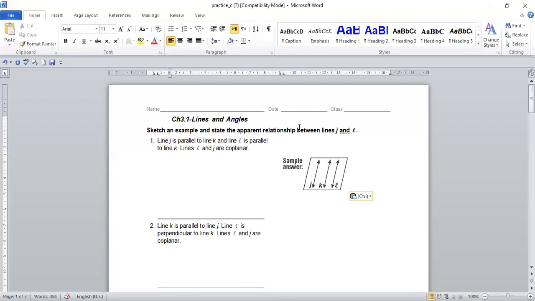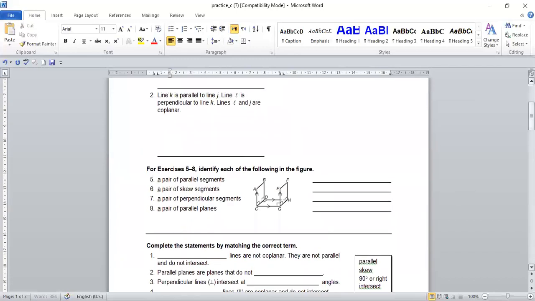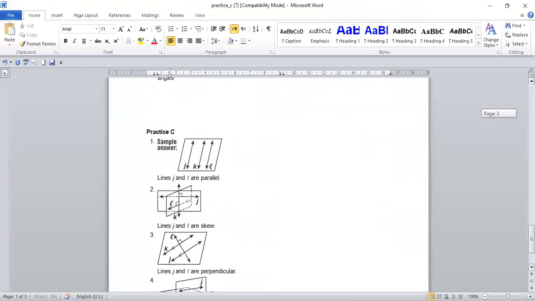So they want you to say the relationship between J and L. So what's the relationship between J and L? Apparently they are also parallel. So J and L are also parallel lines. Okay, so this is how you are going to be solving this. I just kept the easy ones for you because I know you must have definitely forgotten all what you learned, but